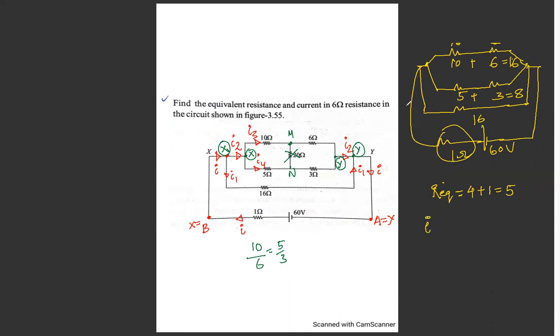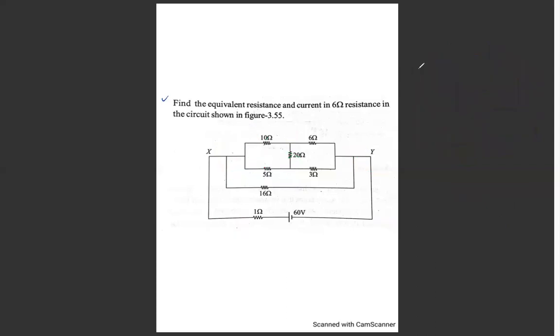So the total current I, and if I say that I3 amount of current is going here, anyways, I is equal to 60 by 5, that is equal to 12 ampere. Now let us find out how much amount of current is flowing through the 6 ohm resistance. Let me draw it once again very clearly. So that means that 12 ampere current is going to be divided between 16, 8 and 16. So this is 12 ampere and this 12 ampere is going to be divided between 16 ohm, this one is 16 ohm and this is 8 ohm, right?